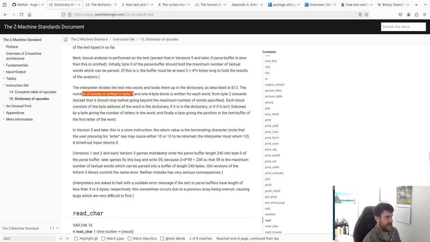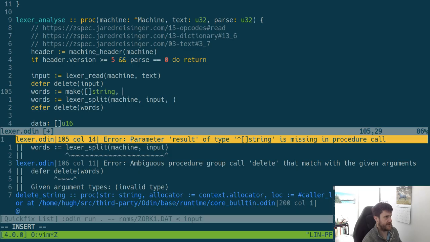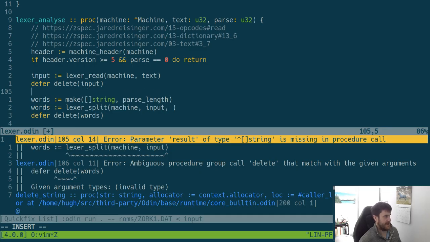Byte 0 of the pass buffer, maximum number of words that should be passed. Pass length maybe, and that pass length can be machine reads bytes from machine, and read from just pass. Thanks. And here we can have a pointer to words,